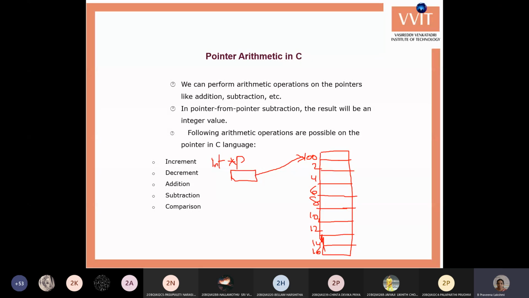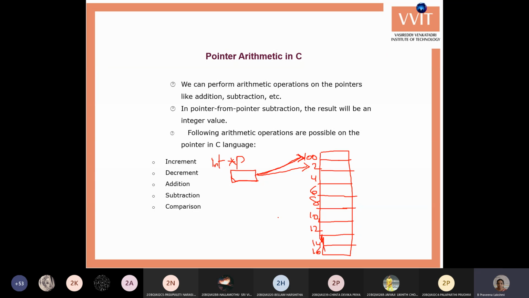Now whenever I want to move this pointer to the next integer, that is 102, for that I need to add two locations to the memory address stored in the p pointer, so that it can move to 102.